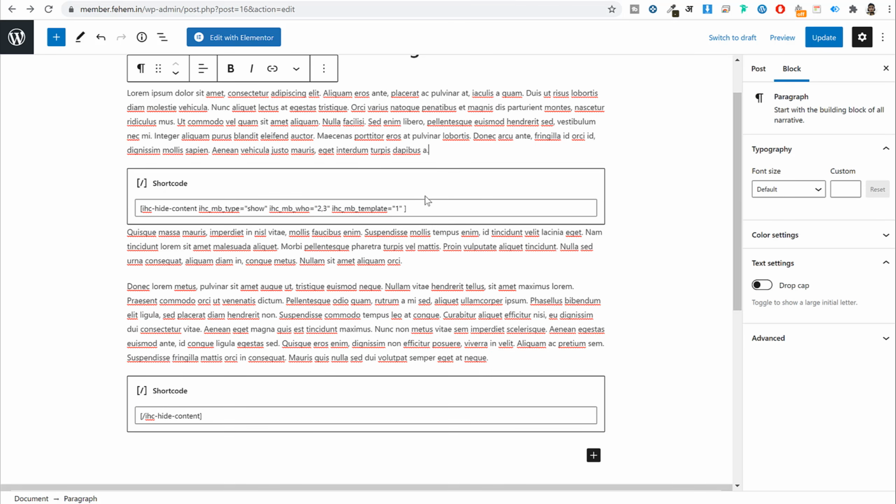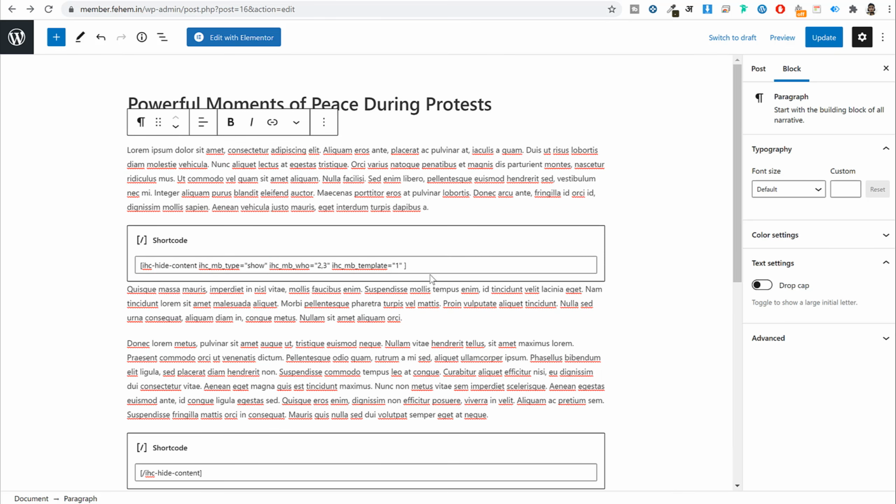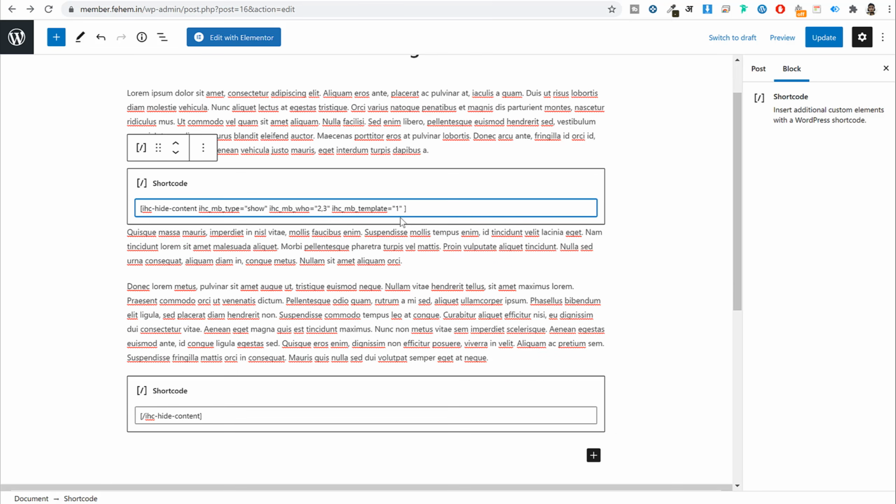Now the reason I deleted that code, and the reason I copy pasted all the content over here just like this, is because in that code everything was in a single line, but it should be like this. This much should be over here and this much should be at the end, and in between, whatever code is there will be hidden. So this is how this thing works.